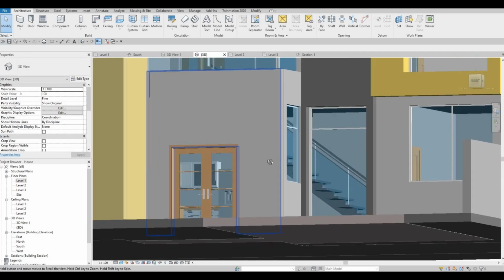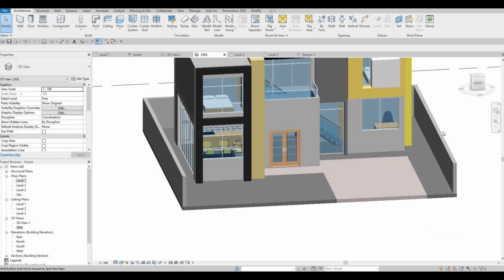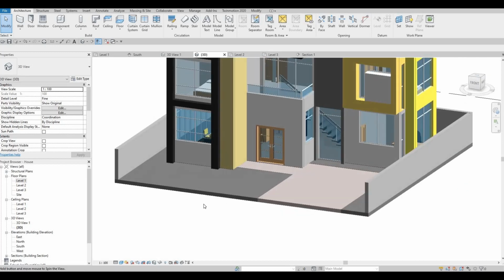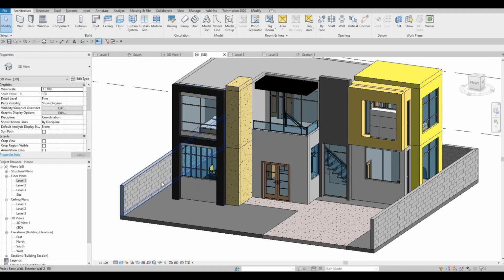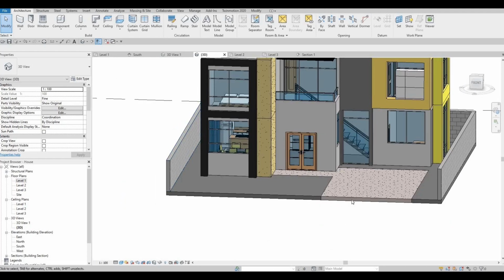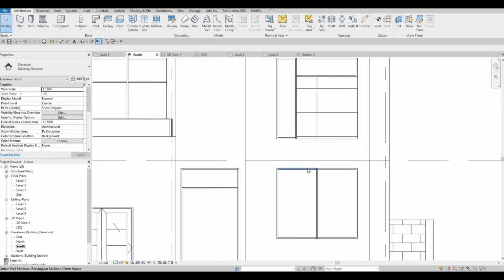Okay, so I'm just double checking everything. We still need to create some of here. We will need to add in the gate. So I'm gonna click south elevation, and I wanna change some stuff